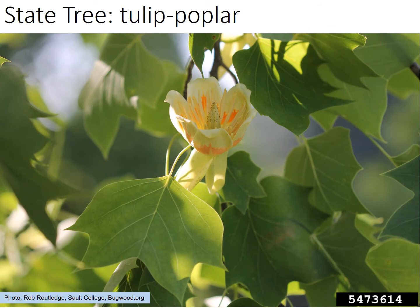The first one we're going to look at is our Tennessee state tree, the tulip poplar. You may also know it as a tulip tree or a yellow poplar. This tree is quite interesting. It grows really tall and really straight, and it doesn't produce those pretty yellow and orange blooms till it's about 10 years old. The interesting shape to the leaf there you can see in the photo has the 4 lobes